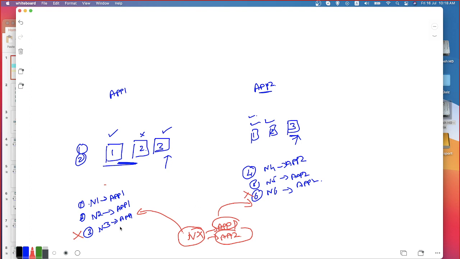Instead of reserving a dedicated node for pool 1 and a dedicated node for pool 2, I have a new node, and on that node both applications are installed. This is a web server as well as an FTP server. The web server is identified as a member of pool 1, and the FTP server is identified as a member of pool 2.